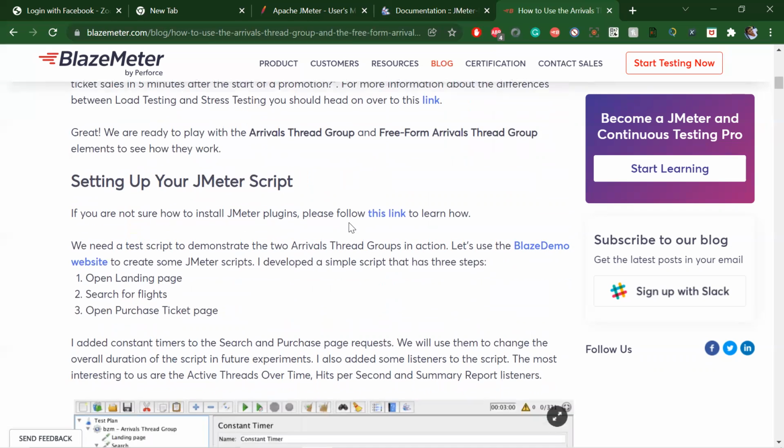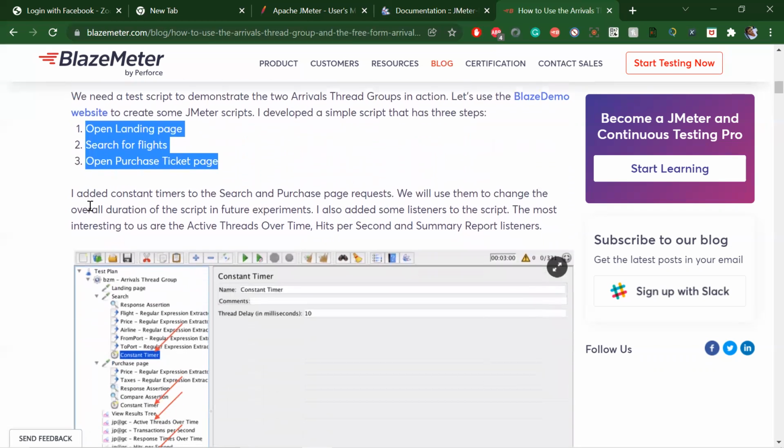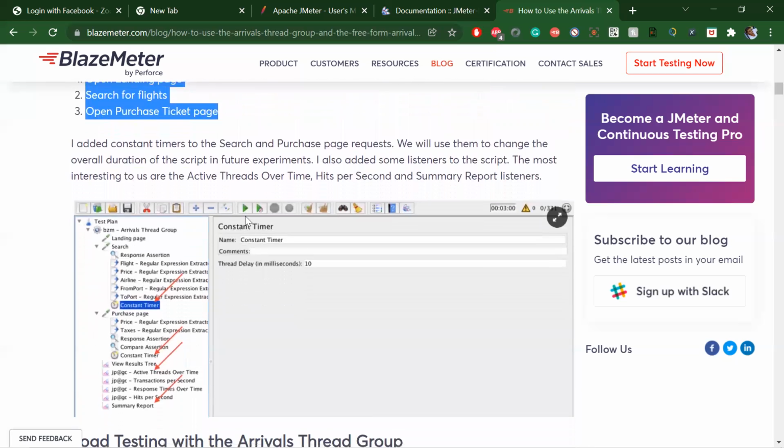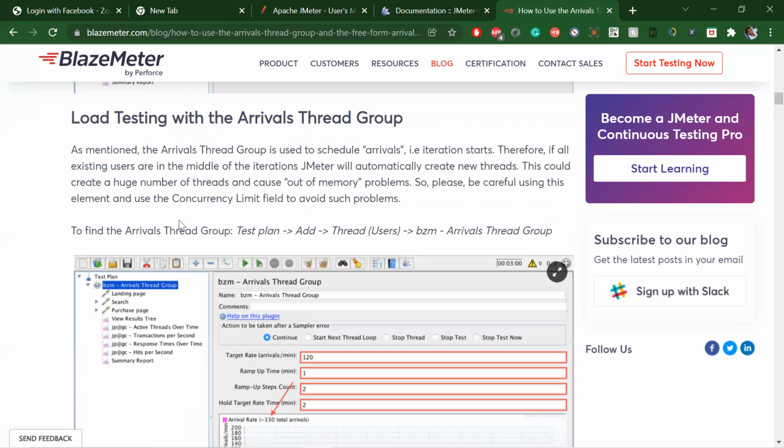Let's go to this one. Okay, there is opening the landing page, search for flights, purchase ticket page. Okay, this script. And they added the constant timers so that to change this thing. So what did they do here?